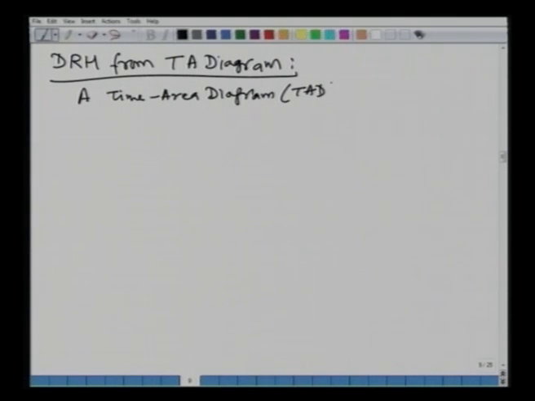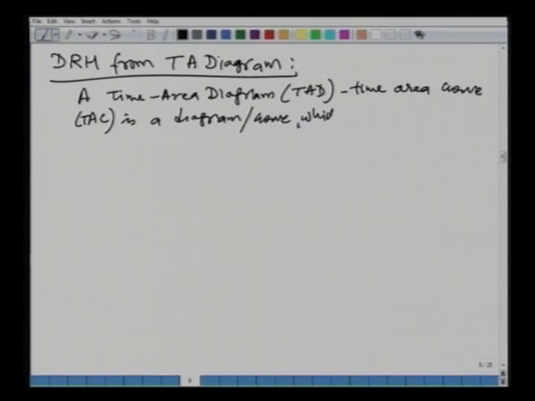TAD, or it is also known as the time area curve. Different books follow different terminology, so let us not get confused about that. Either the time area diagram or the time area curve is a diagram. We could be looking at it graphically or in tabular form, or as a curve which gives